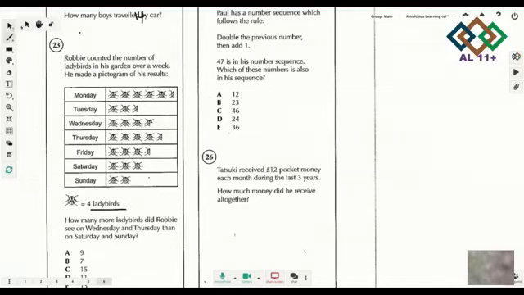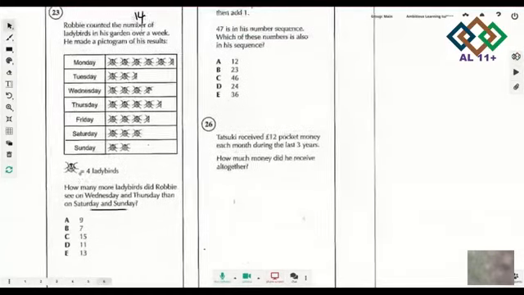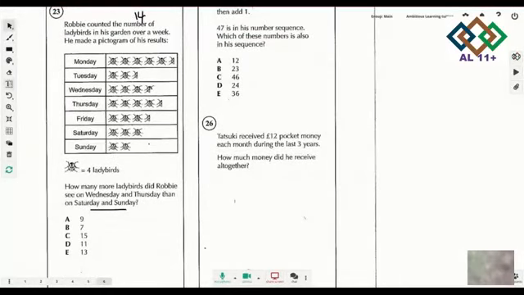They're asking how many more ladybirds did Ruby see on Wednesday and Thursday than on Saturday and Sunday. So in this one, one symbol equals 4 ladybirds, and you just need to see that on Wednesday,